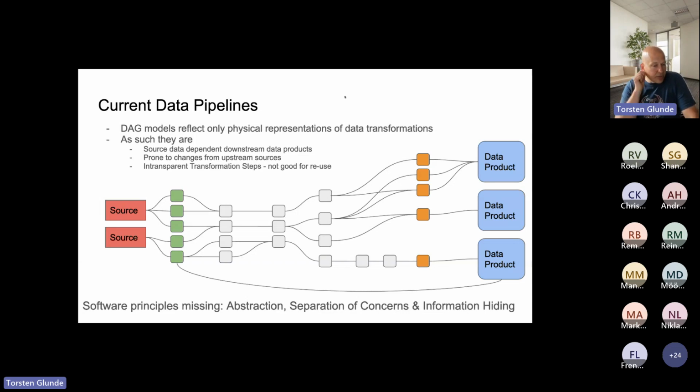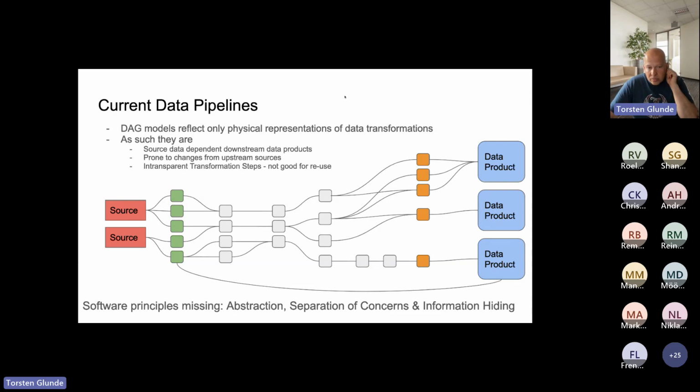So if I change something in the source system here, then the impact can go downstream all the way to the data product. And since we try to enforce reusage, then of course the data products will be impacted multiple times by changes in one source system. And also, if the transformation steps in this network of transformations that we're looking at in a technical DAG,